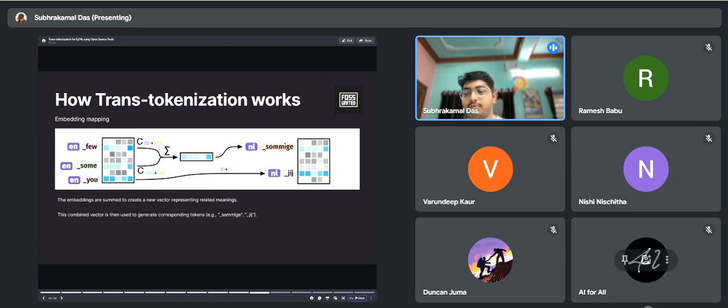You will know the famous QKV formula, the query, key and value: the softmax of query and key, multiplied by value, and how all of this works. Then you can learn more about embeddings, how embedding works in real life. You can understand the mathematical representations of the embeddings, and later you can learn about fine tuning, how fine tuning works,